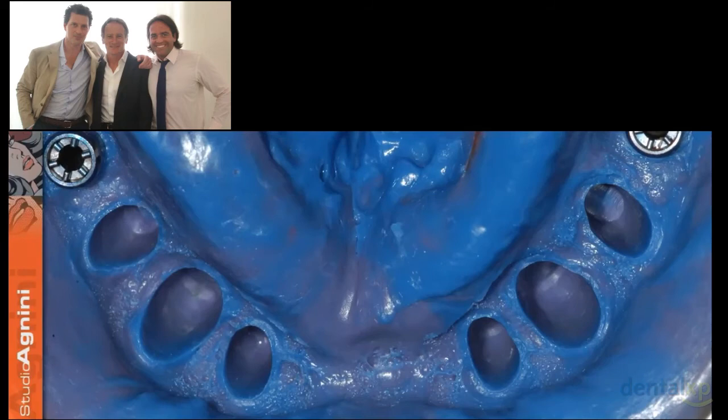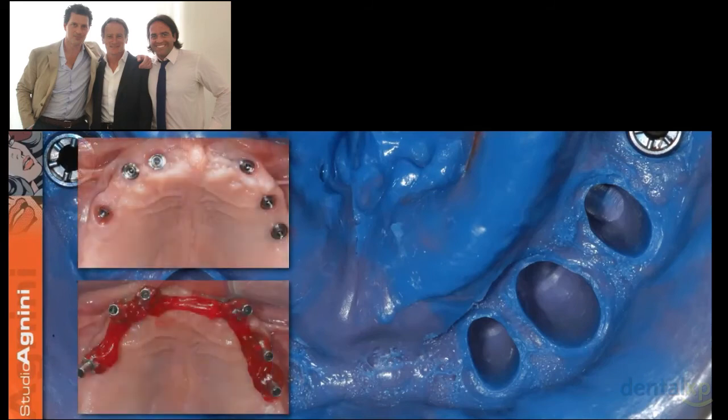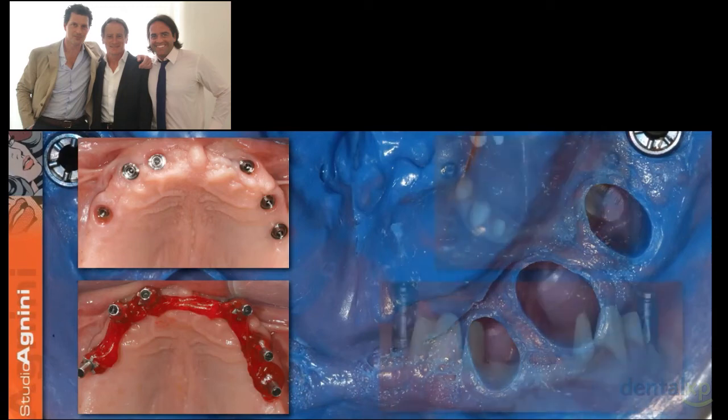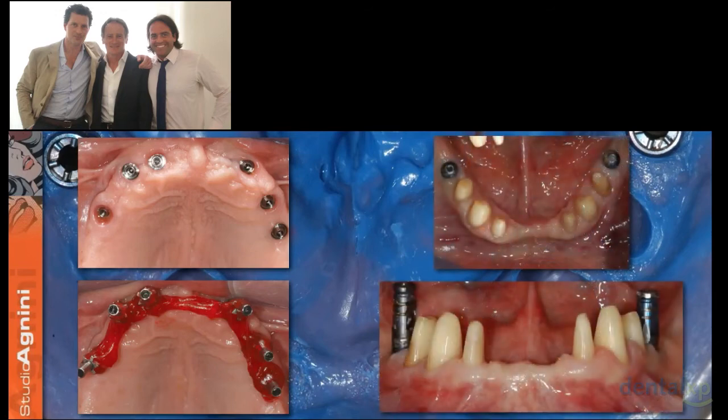The lower impression, you can see here the upper arch, how the tissue is healing. You see that we always splint all the impression copings with Patterns resin and with an ortho wire in order to give a skeleton to the resin, not to go all the way. And here you can see the maturation of the tissue in the lower arch. And from here we can take the final impression, and from here is Luca that starts